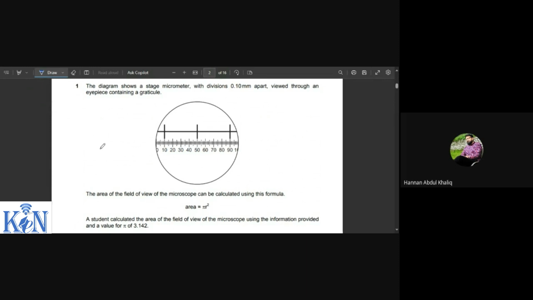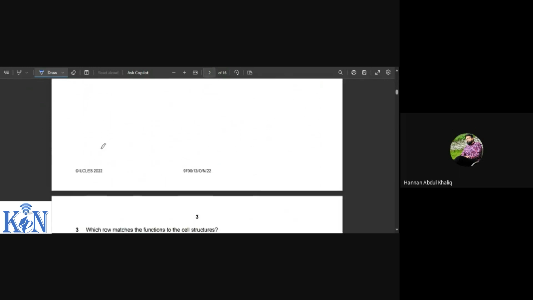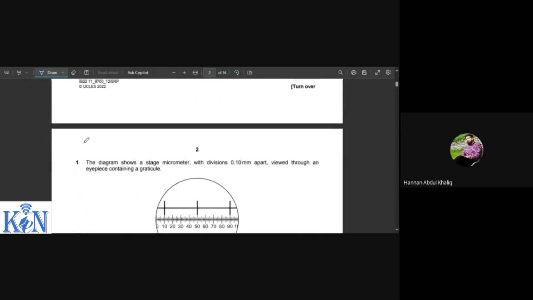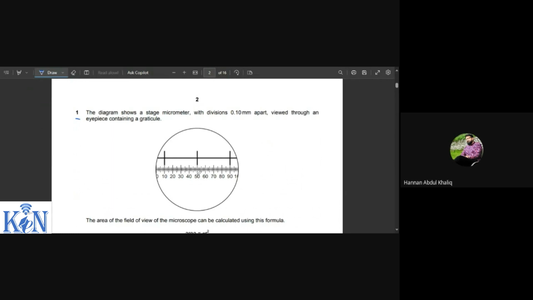This question is from the paper 9700, variant 12, October/November session 2022, question number 1. So let's begin. This question says the diagram shows a stage micrometer with divisions 0.10 mm apart. So one division is 0.10 mm